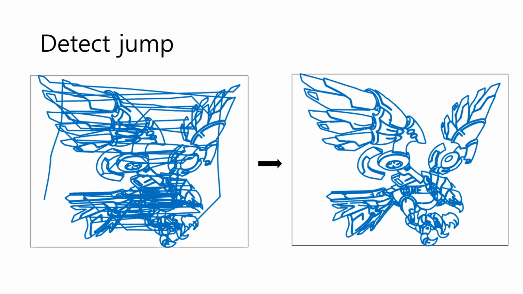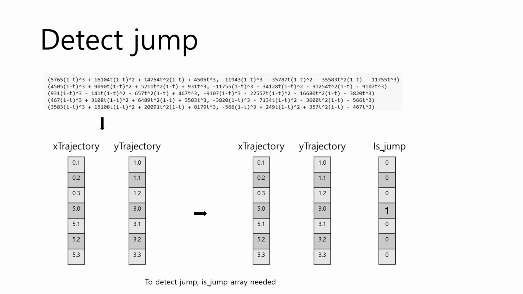If we draw a picture by the trajectory made by an SVG file, the result is shown here. When actually drawing a picture, just like lifting a pencil between a gap between lines, the same approach should be taken when drawing with a motor. It is essential to recognize the jump between lines, where lines are not connected. We get x and y trajectory with a function generated by the SVG file. We made a flag called sJump, and if this value is 1, we regard this part as a jump and stop recording